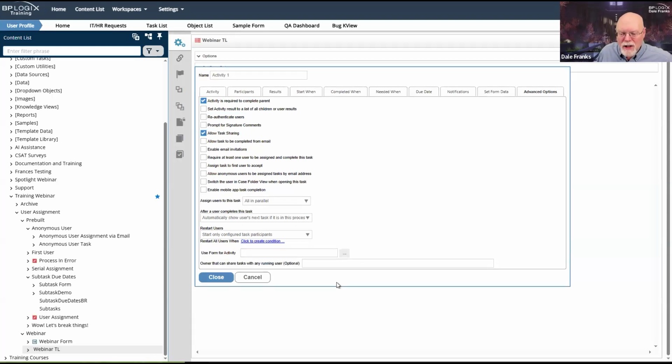Allow task sharing. This is something that we talk about in system administration when it comes to delegation. Normally, we have the normal delegation where you are automatically assigned. So if I go on vacation and I delegate my tasks to you, then while I'm on vacation, you'll just automatically get all of my task assignments.